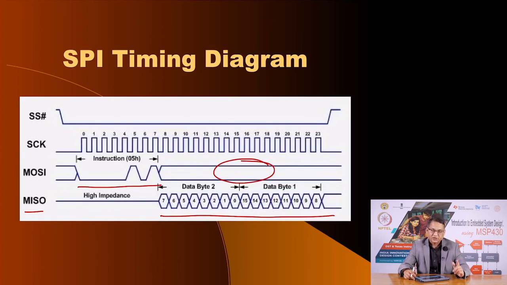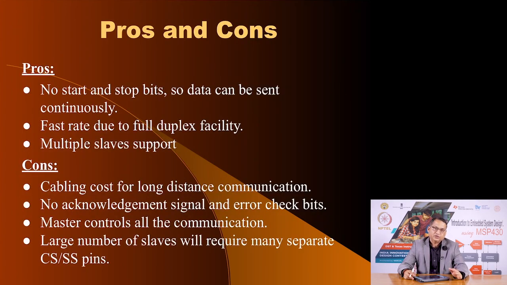But remember, SPI is not used for communicating between two devices, it is used for communication within a device, between the microcontroller and a peripheral device. Now, the advantages and disadvantages of this protocol are listed here. Since there are no start and stop bits, the effective number of bits does not have that overhead. So, your data rate will be higher. You can support multiple slaves, but you can't use this for long distance communication between two devices, and if you have multiple slaves it will require multiple chip select pins from the master. That is the only